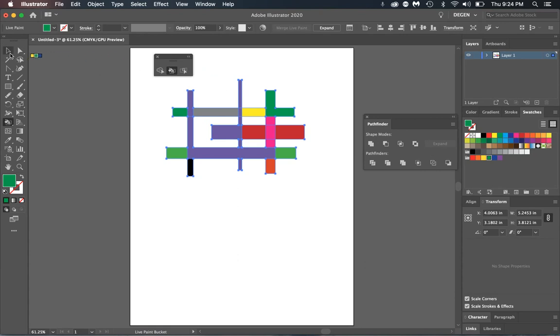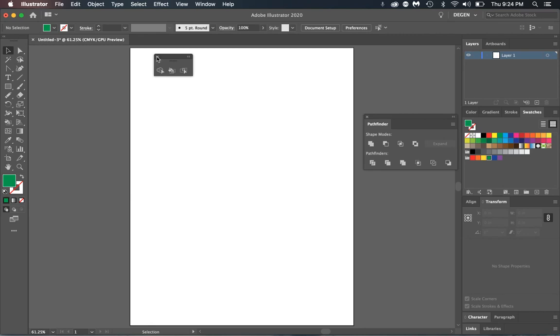Okay, and that takes care of the shape builder tool and the shape builder objects and their families. Okay, so now, guys, I want to get into